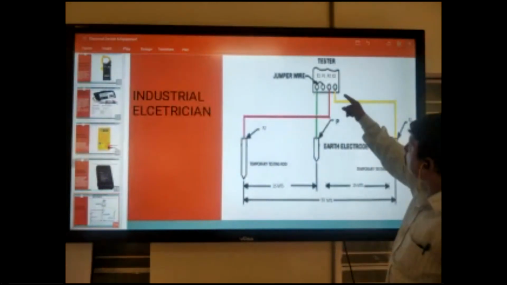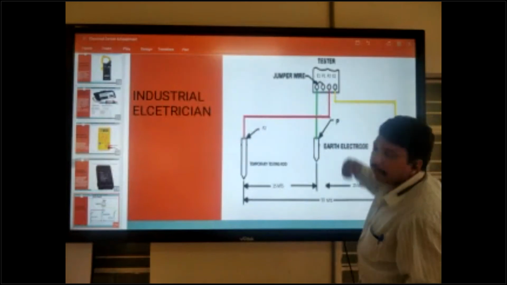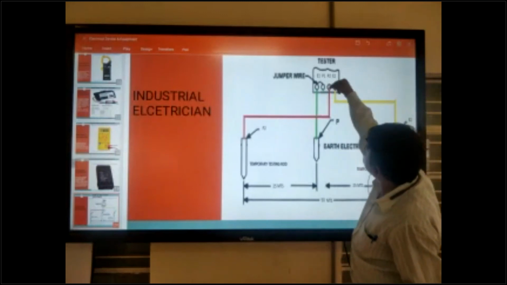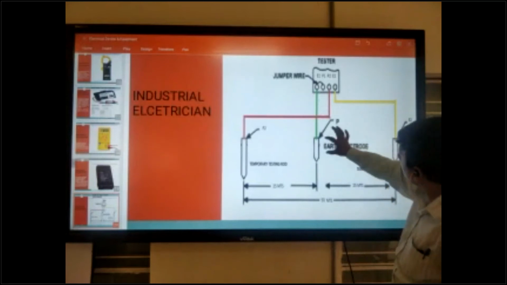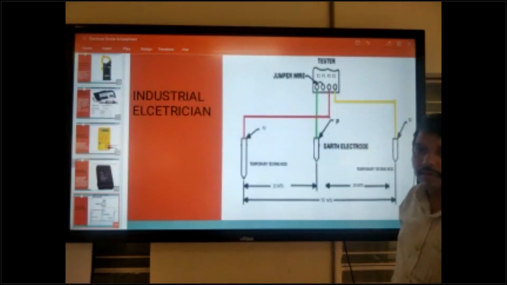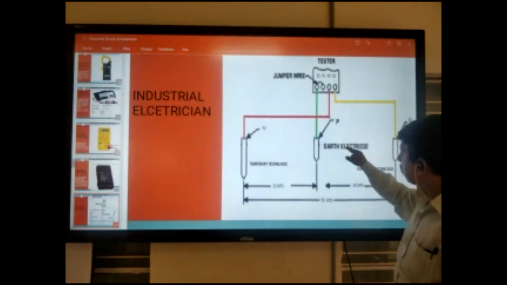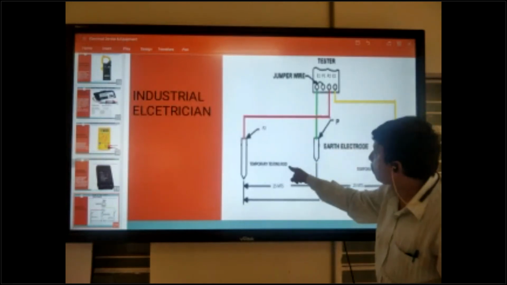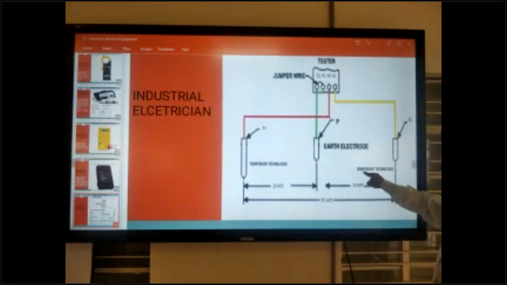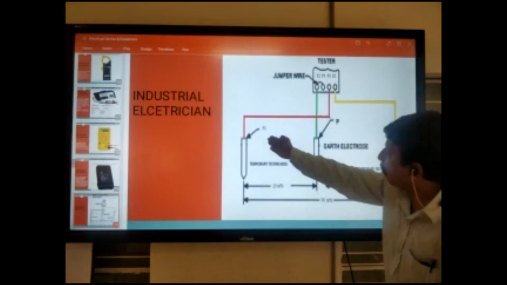Same like that. So you see here, E1 and P1 are looped. Make the loop here, and this is your permanent earth electrode. So this is the permanent earth. What do you want to check? This is the permanent rod, the permanent building earthing, and this one is a temporary testing rod, and this one is also a temporary testing rod. If you take the permanent earthing here, you should use temporary rods also.